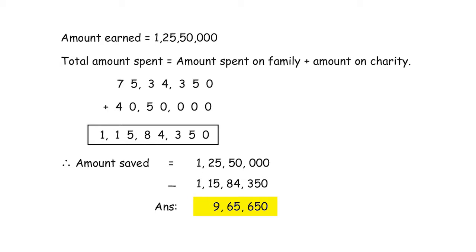Look at that. 1,15,84,350 rupees. That is the amount spent. What do you think is the amount saved? Amount saved is amount that he earned minus amount he spent. So here is your subtraction. Write down the amount earned, 1,25,50,000 rupees minus amount spent,